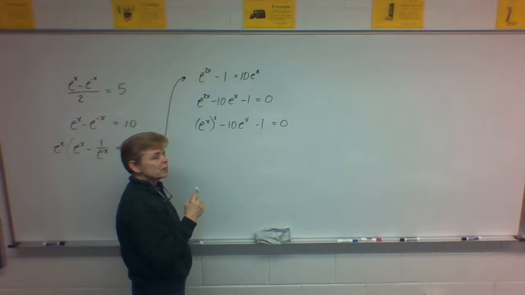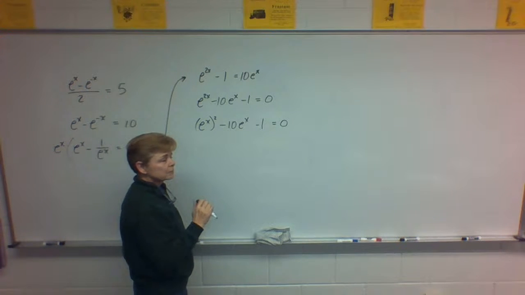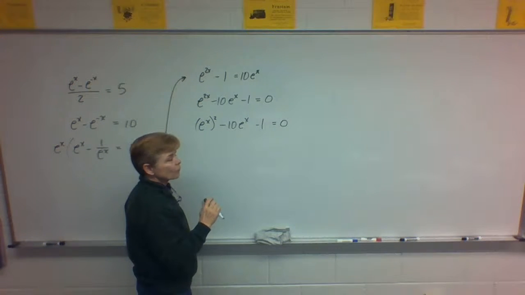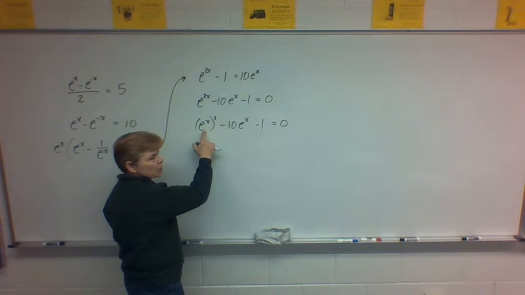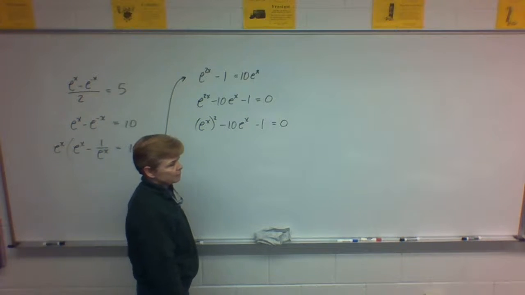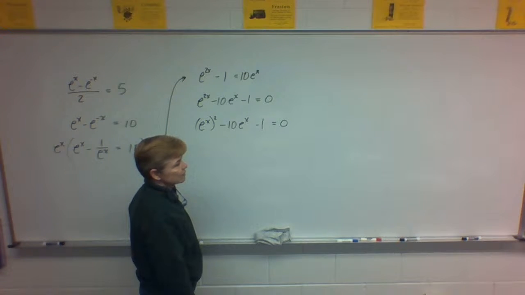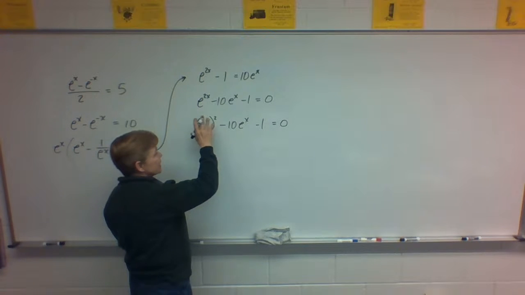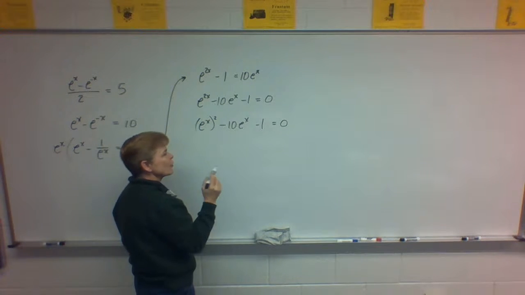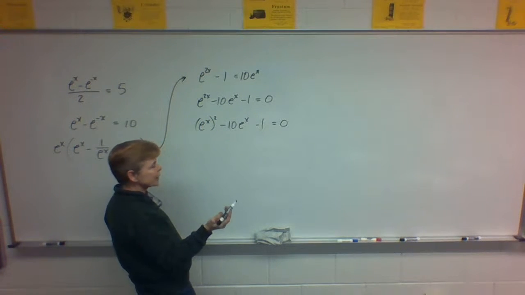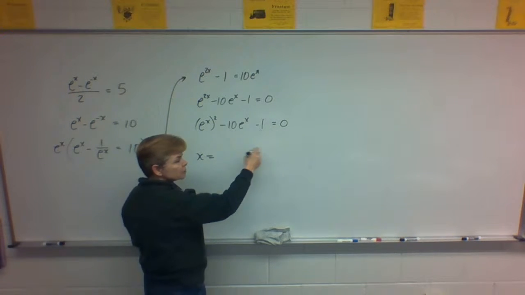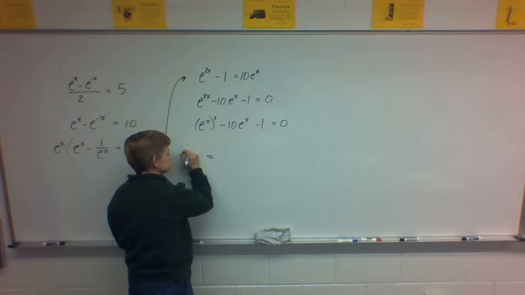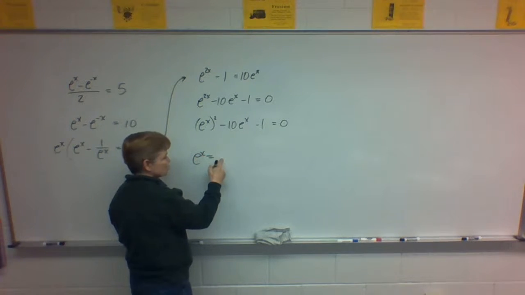Now, can you identify a, b, and c so that we can use the quadratic formula? What's a? 1. The quadratic variable is e to the x. What's its coefficient? 1. What is b? And c? You need to clearly be able to identify that. First of all, you got to know what the quadratic variable is. When we do true quadratics, we write down x equals, and then negative b plus or minus and so on. Well, guess what we're going to write here? e to the x equals